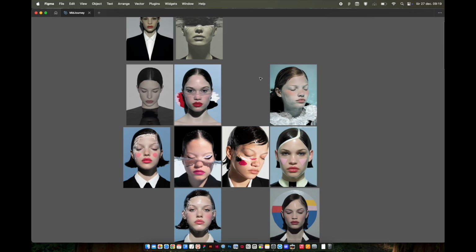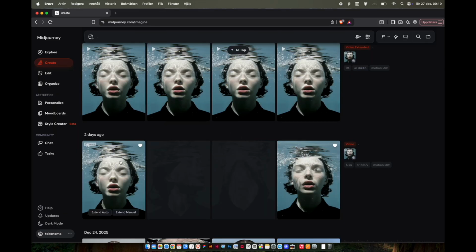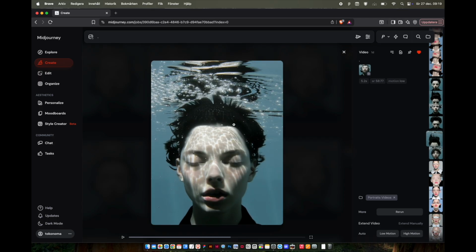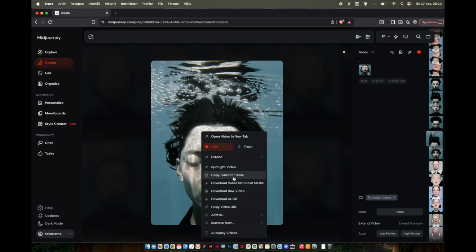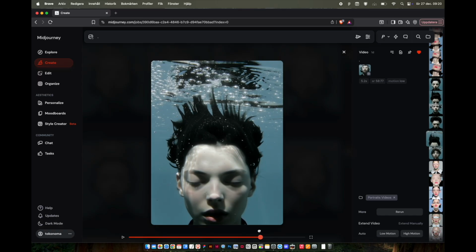So now let's go over to Midjourney. And I animated this one. And what you can do is pause it, obviously. And you can see the shimmering here due to the refraction and the motion going on underwater. What you can do is copy this as a frame, copy current frame, if you want to analyze it. And also you may want to upscale it as an image, even though it's a video, and choose the exact same